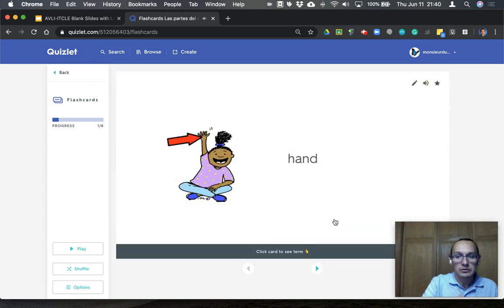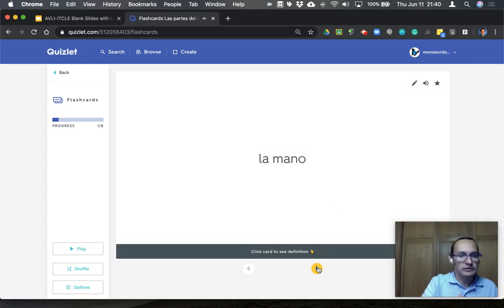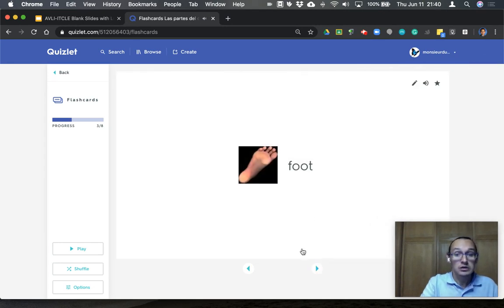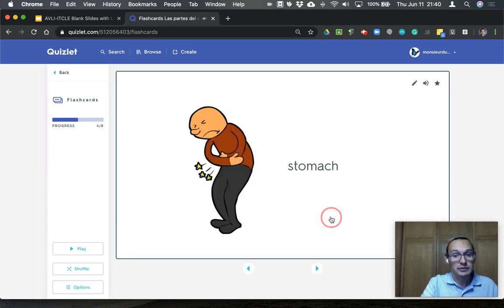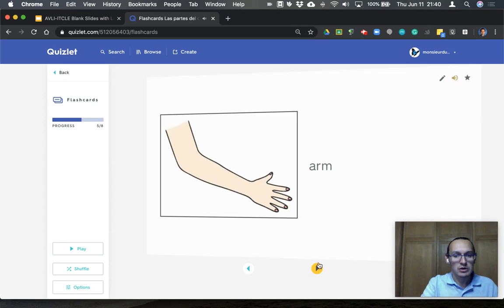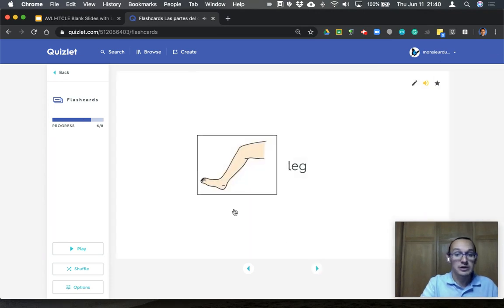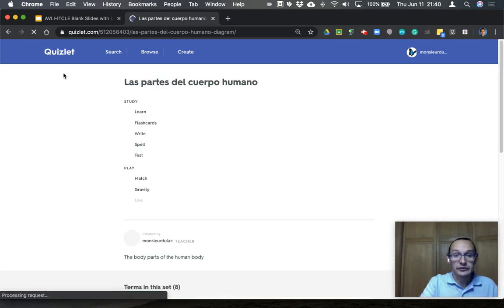Hand, la mano. Not sure if you can hear that. I'm tapped into my earphone here, but it's actually speaking the term in Spanish. You can hear the word head in English, the word foot in English when I click, el pie, stomach, el estómago, arm, el brazo, etc. So that is a flashcard